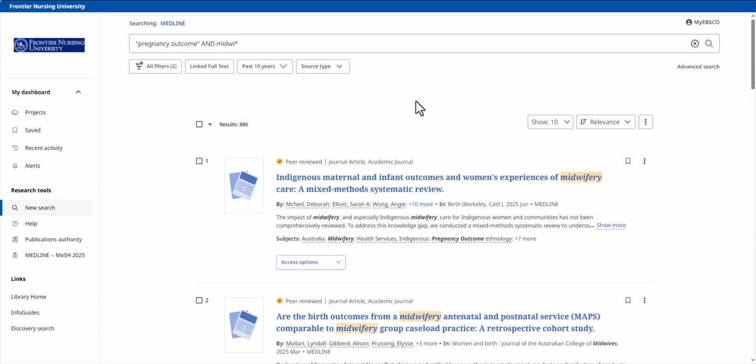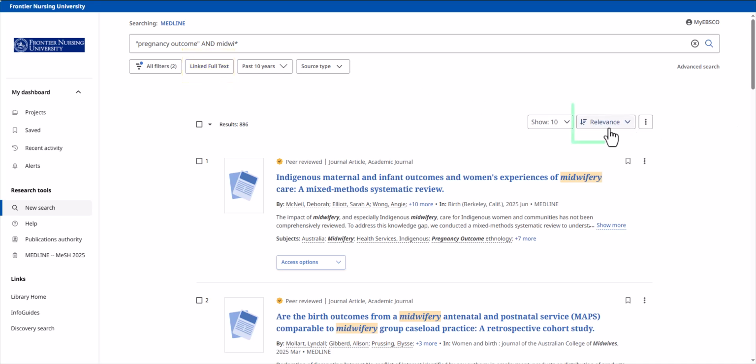In the updated interface, a yellow badge with a check mark is displayed next to peer-reviewed articles. The linked full text filter will limit the results to articles that Frontier has subscriptions to online. This filter can be helpful if you are up against a deadline and do not have time to wait for an interlibrary loan, even though interlibrary loans are very fast nowadays.